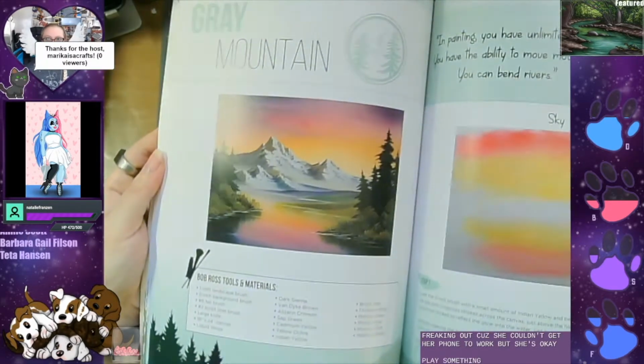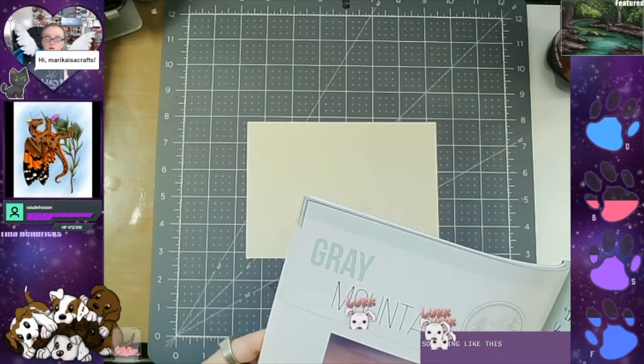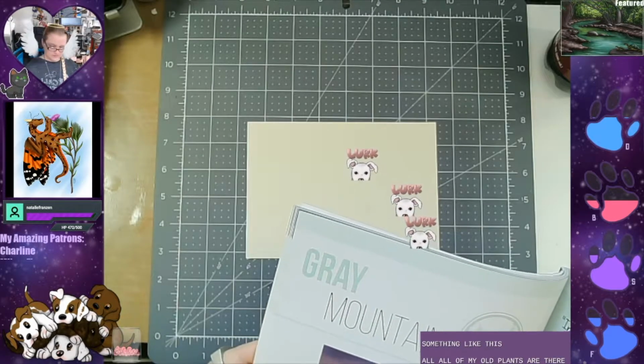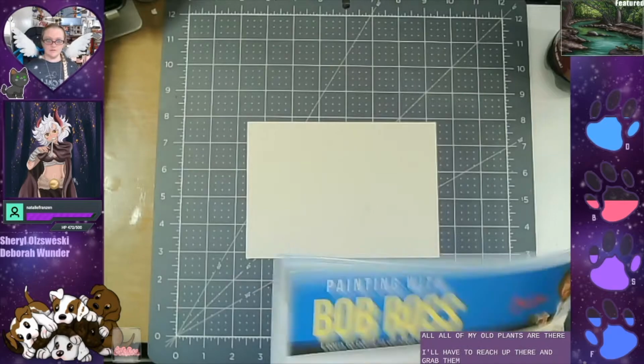Let's make something like this. Oh, all of my oil plants are up there. Lovely. Okay. I'll have to reach up there and grab them without knocking the...